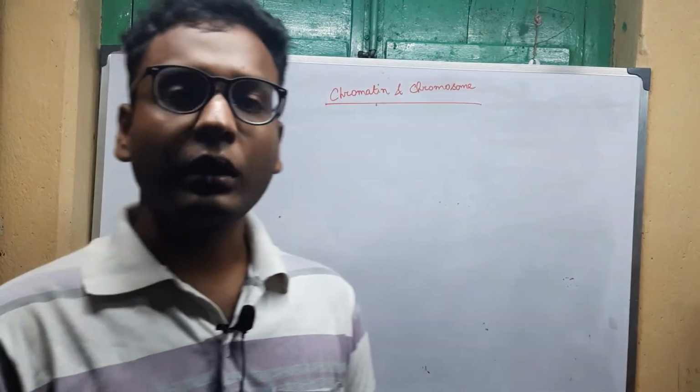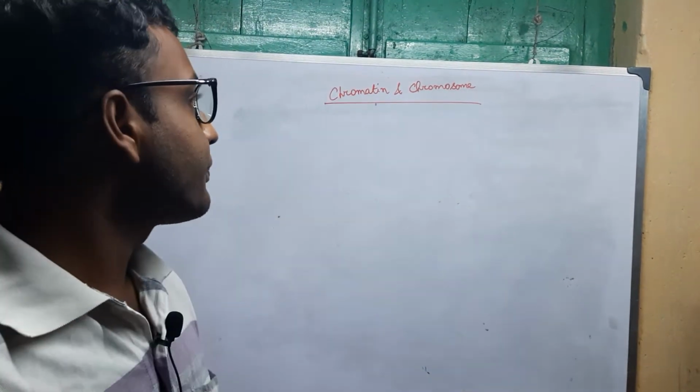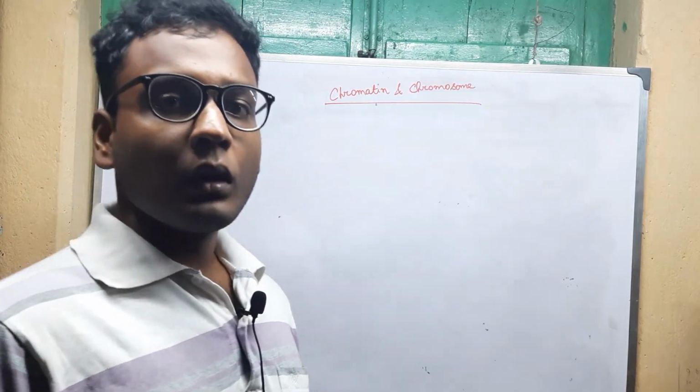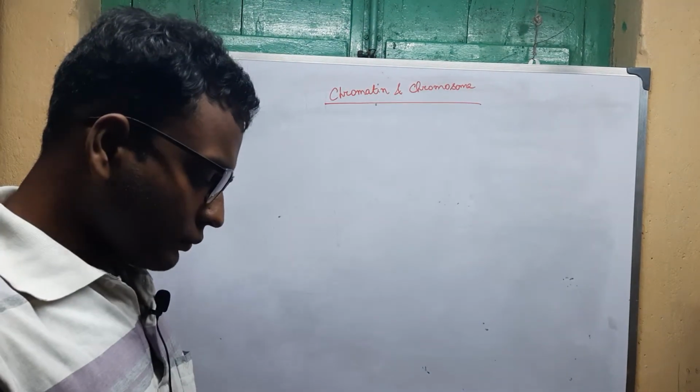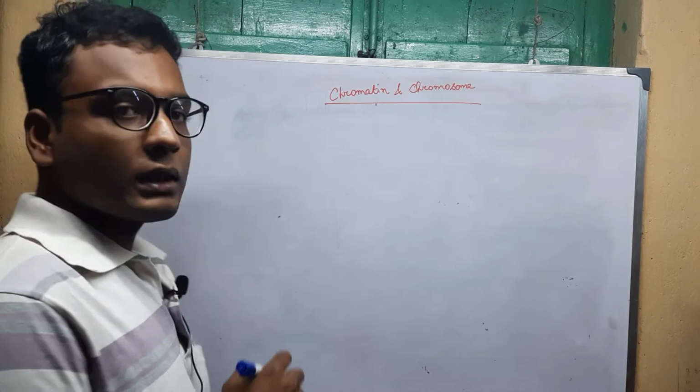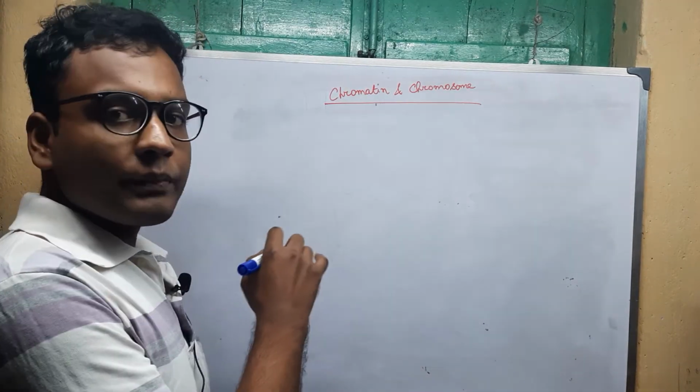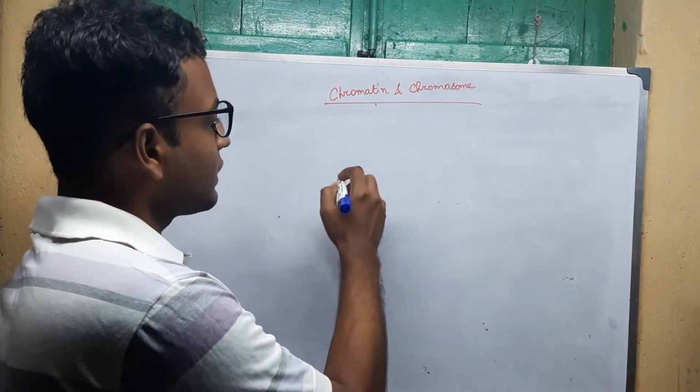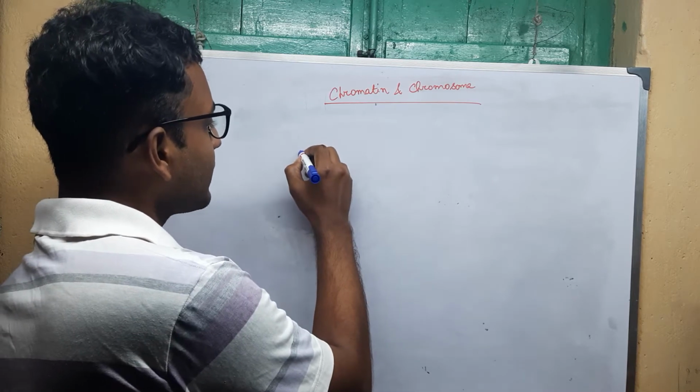In this video we are going to discuss the structure of chromatin and chromosome. There is a difference between the structure and complexity of the chromatin and chromosome. If we talk about the chromatin, these are beads-on-a-string like structures, that is double stranded DNA